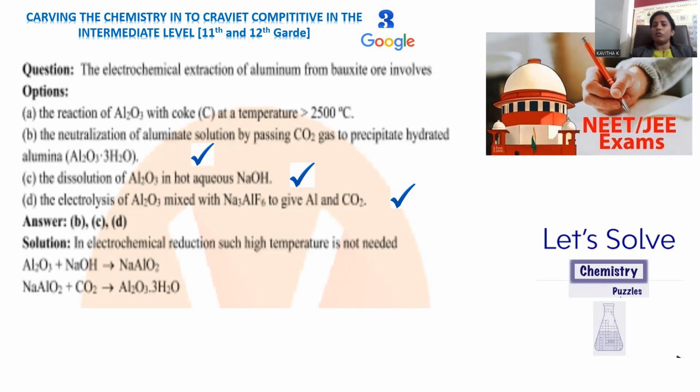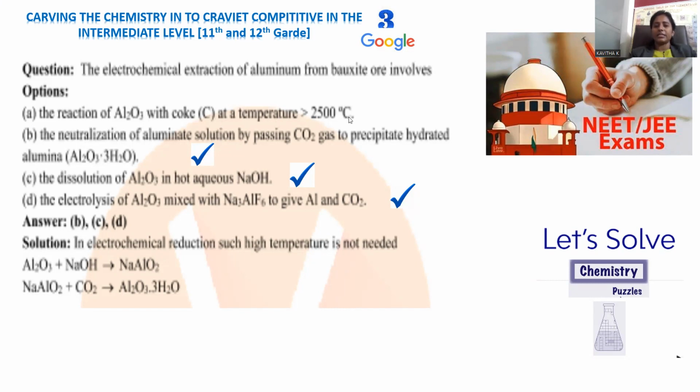Bauxite is the oxide ore of aluminium, and the process applied is called electrochemical extraction. What is meant by electrochemical extraction? We are subjecting the entire process to electrical conditions. By applying electrical current, there is provision for chemical reactions to separate all the impurities from the aluminium ore. So during this process, the reaction of alumina with coke at a temperature greater than 2500